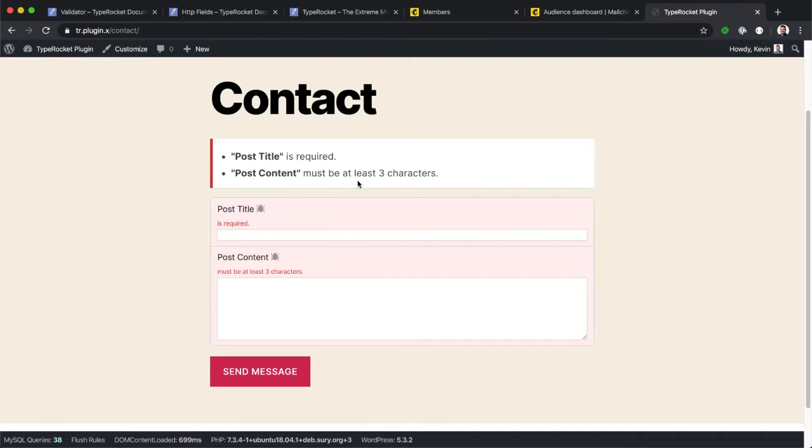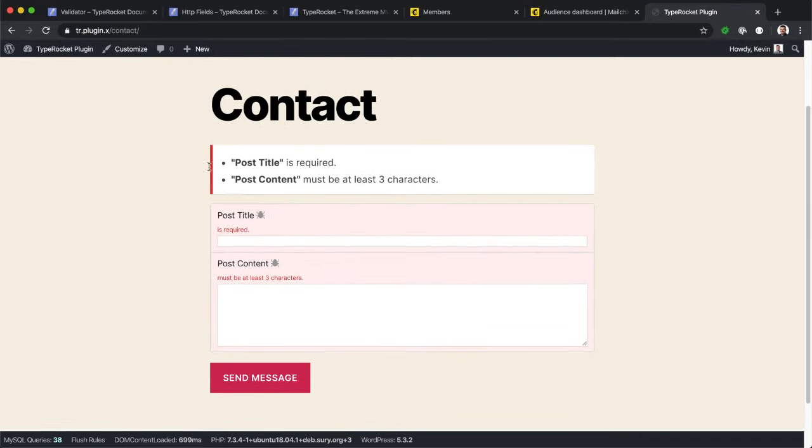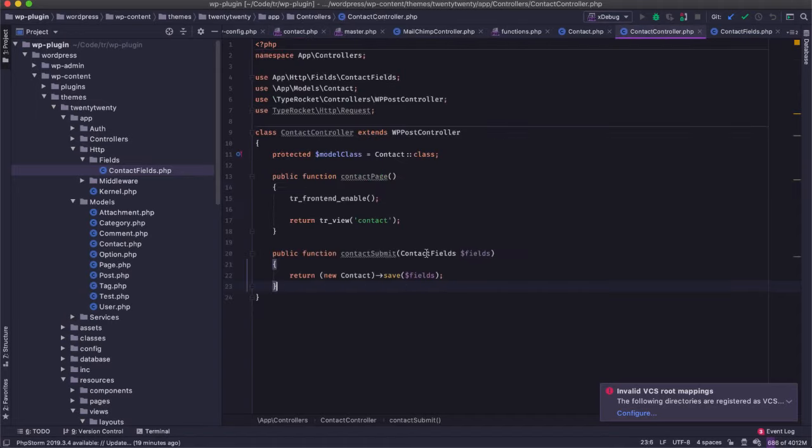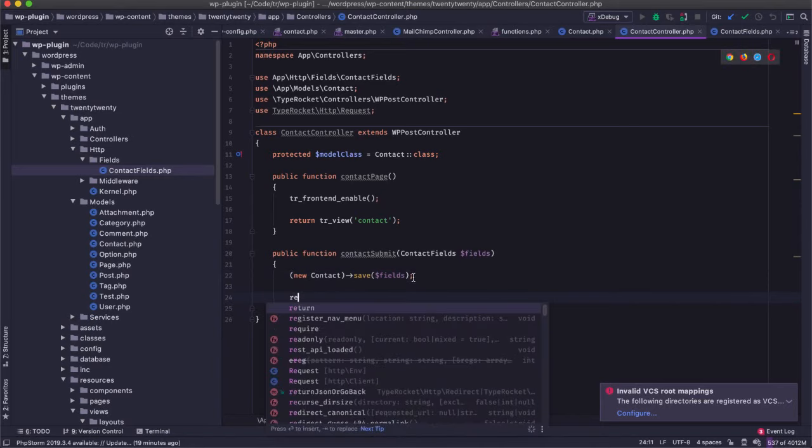So that's the creation of a contact form piece, but it sure would be nice if we could connect this to MailChimp. So when somebody submits, say, an email address and some information about themselves, it gets sent right over to MailChimp. So we can do that here soon. However, I wanted to show you one last little piece of the puzzle here. So what happens when we have a successful submission? So we want to have this contact get created, but then we want to return